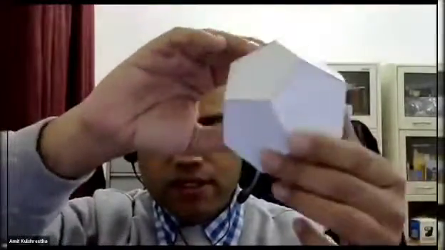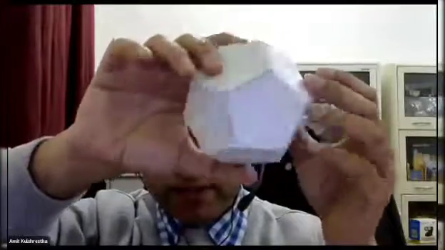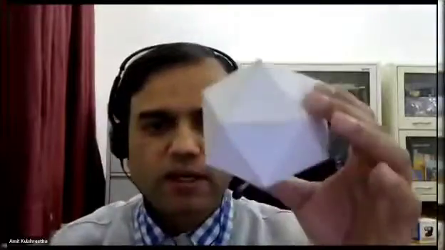And another interesting shape is this, dodecahedron. So dodeca is 12. So it has 12 faces, right? So there are 12 faces, dodecahedron, and it has many edges. It would have been interesting to count them right here, but anyway. And this is what is called icosahedron. So icosa is 20. So it has 20 faces. 20 triangular faces are there.